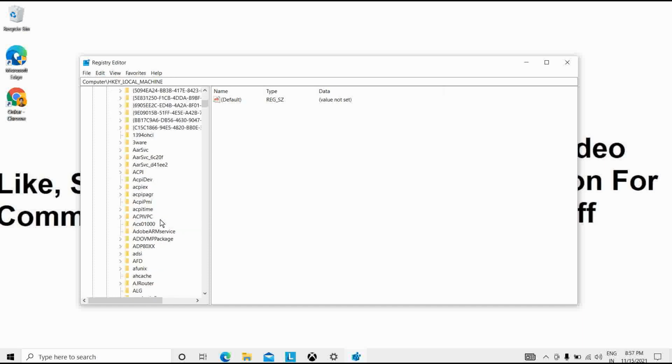Then we have to choose the option at the end, starting from secdrv. We will go in alphabetical order here, and you can see secdrv. You have to choose secdrv from here. We have to find that option here, which is similar to that one.